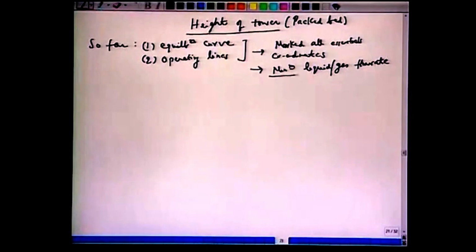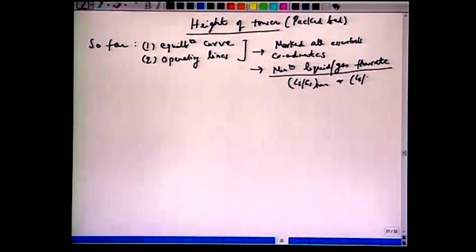So, recall in the previous example we said how to determine this LS by GS, min or max, depending upon whether we are talking of an absorption column or a stripping column. So, this is what we have done here, but this does not give us the height of a column, right. All it gives us is a boundary. These two, 1 and 2, decide the boundary of operating limits,